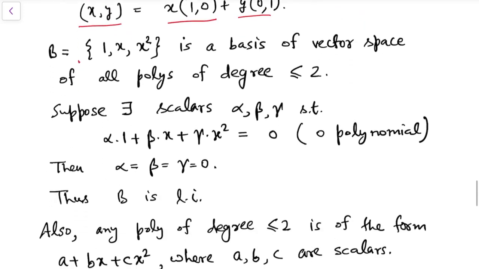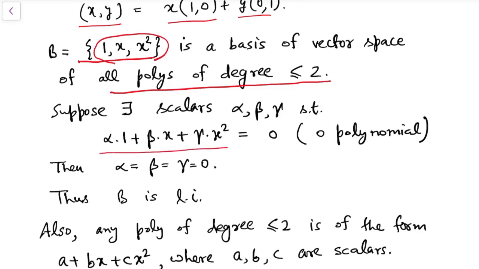This set {1, x, x square} is a basis of the vector space of all polynomials of degree less than or equal to 2, because any polynomial can be written as a linear combination of these three vectors. A 2-degree polynomial can be written this way: alpha times 1 plus beta times x plus gamma times x square,